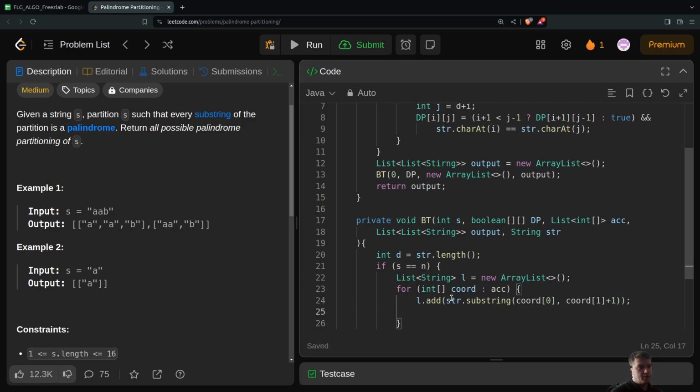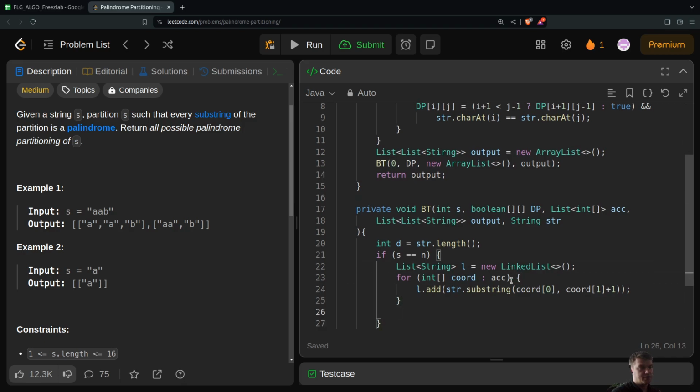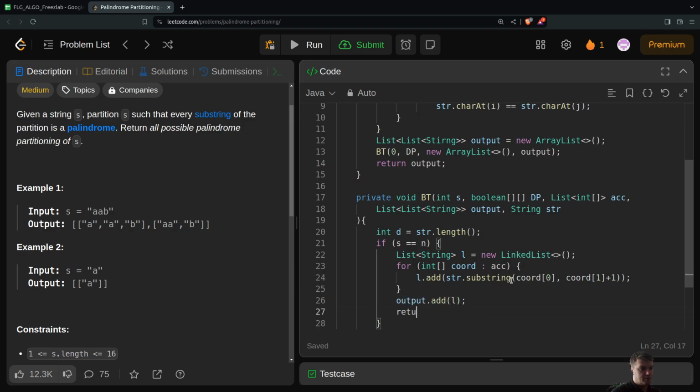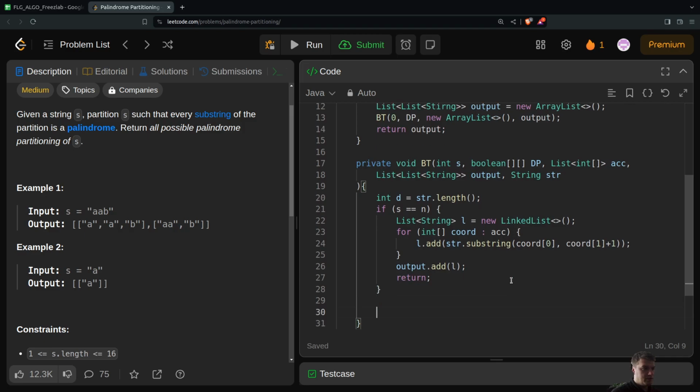And then, because I can add iteratively, I will use this linked list, and I don't need to resize this, so I need to output just add list and then return. And then for int i equals s, until i less than n, i plus plus,